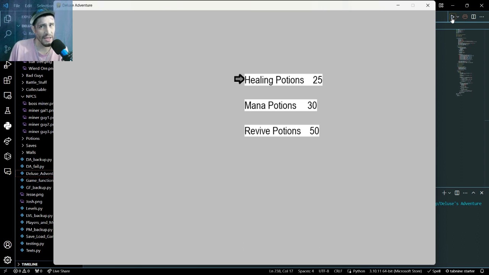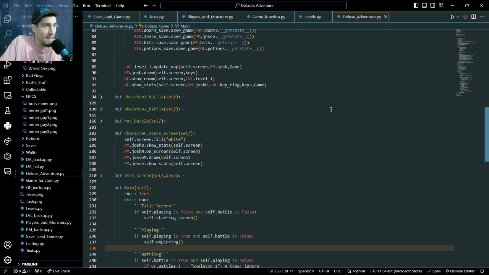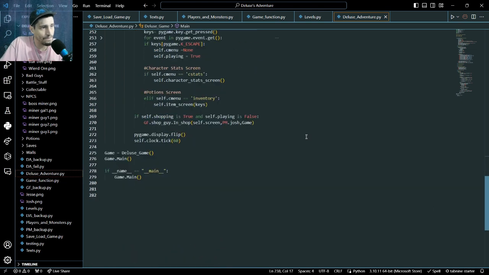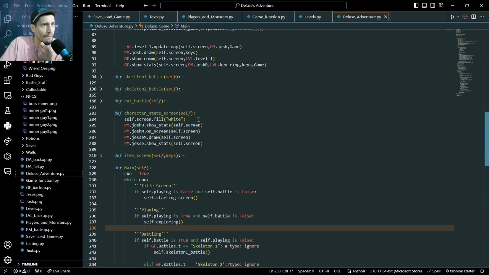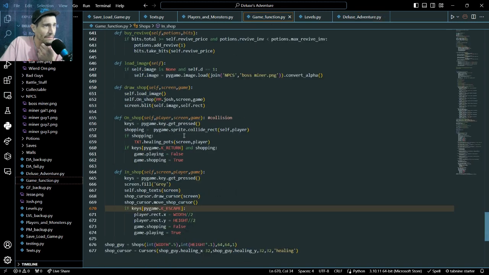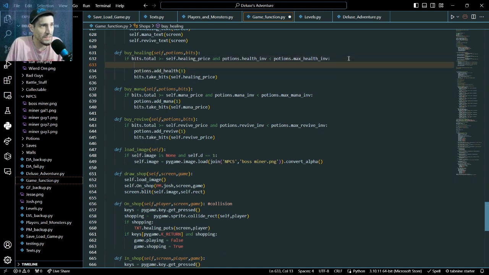I might go back and change some things on my other one, but I'll do that off video. But now we got a cursor moving on our shop screen, which is getting so much better. And I think adding in the functionalities should be okay. Because now under here in our shop, our game function, and our buy, we just need to go, okay, check that first. And then if, oh yeah, we also need to